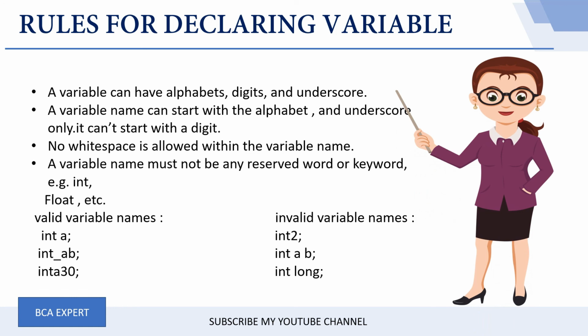Now we shall also discuss some invalid variable names, where the first one is 2int. Here the variable name starts with an integer value or number, which is invalid. Followed by that, we have another variable where we have included an actual space between the variable name A and B, which is invalid. And lastly, we have declared a variable name with the keyword long. Long happens to be a data type and a keyword, so this is also not acceptable.